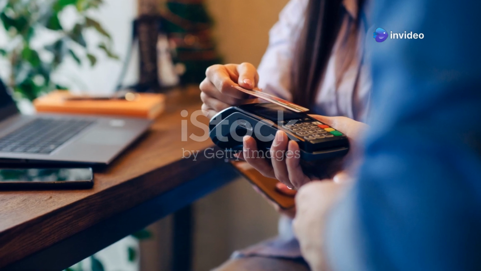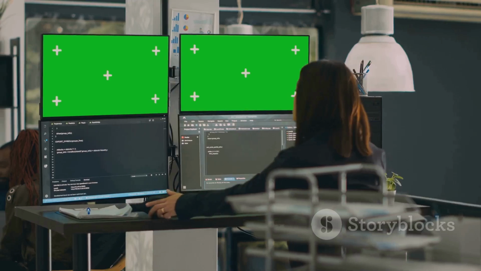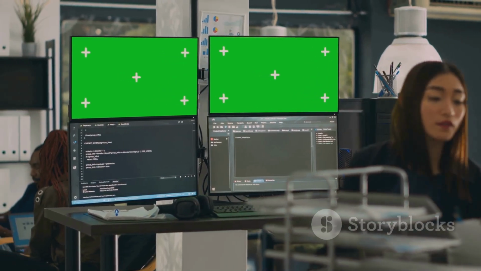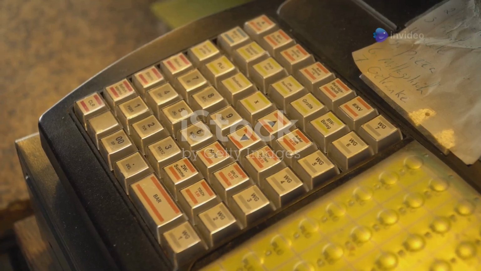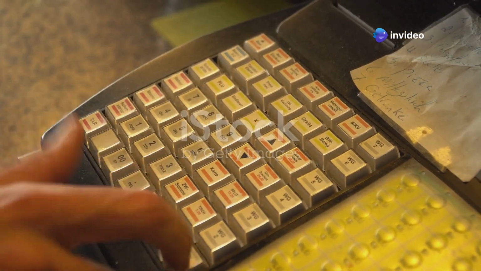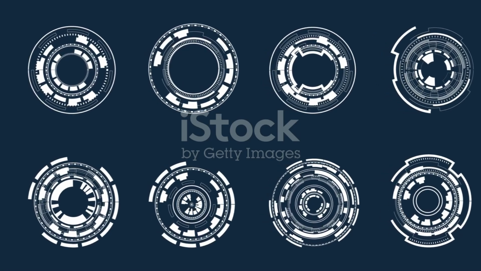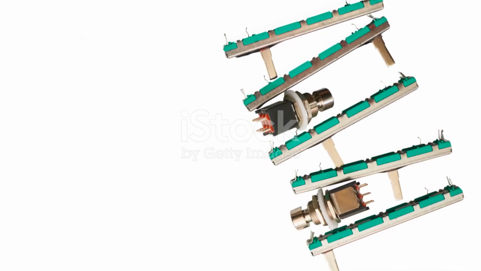You'll need a connection string, which you can find in the properties of your database. Something like this. Next, let's create a method to insert transactions into our database. Write a function that takes parameters for each field and builds an SQL insert command. Execute this command using. Finally, create a simple user interface with text boxes for each field and a button to